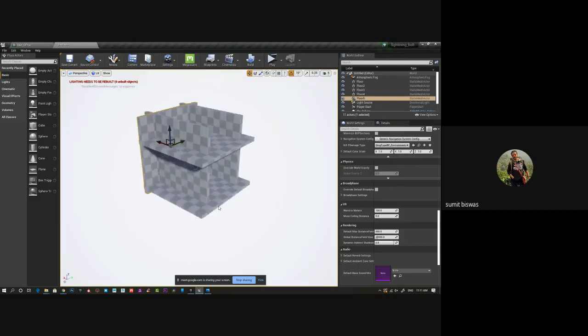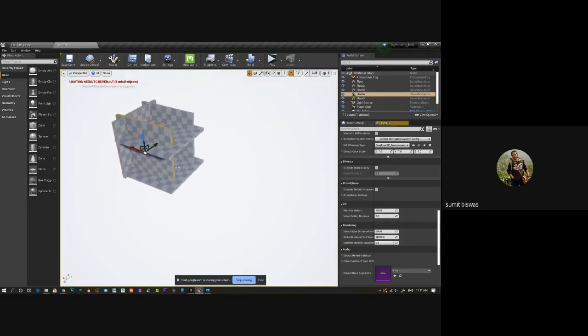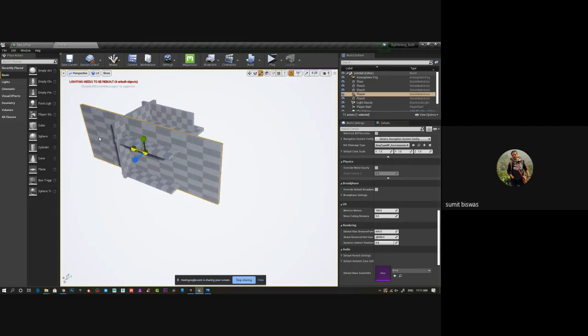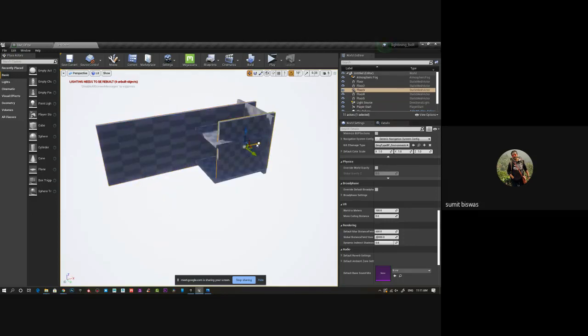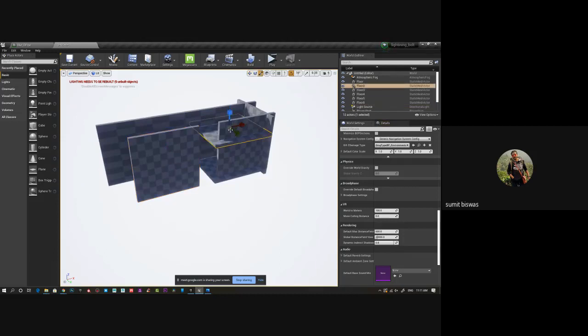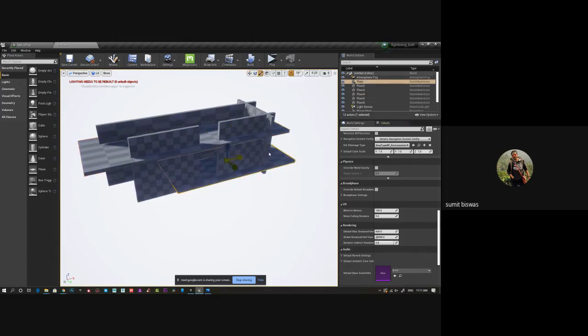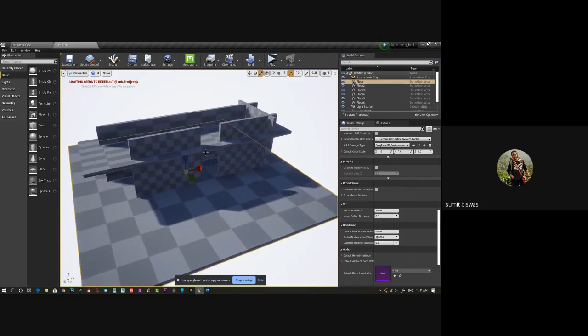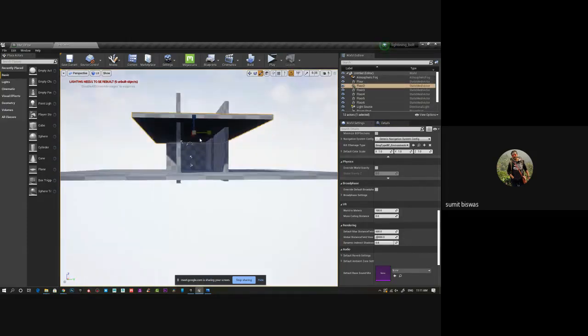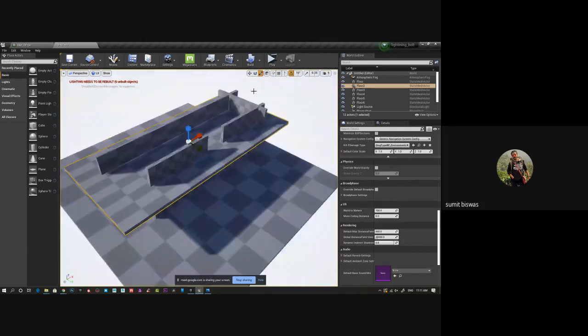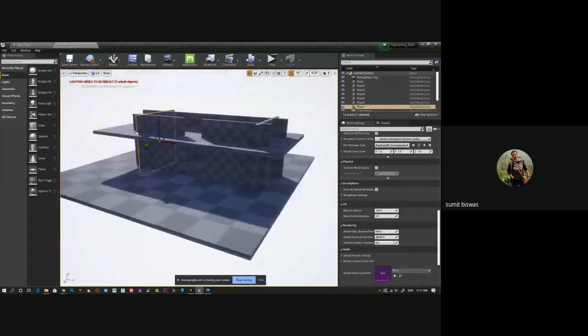Let's make it a room only. Okay, I just created this.